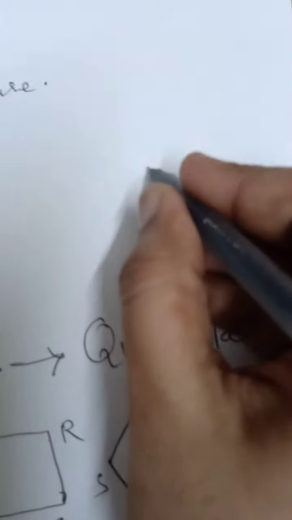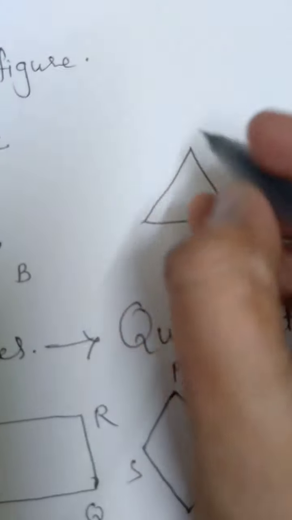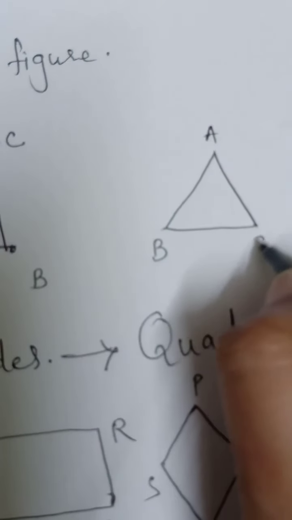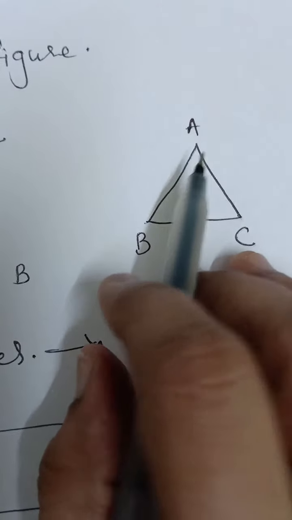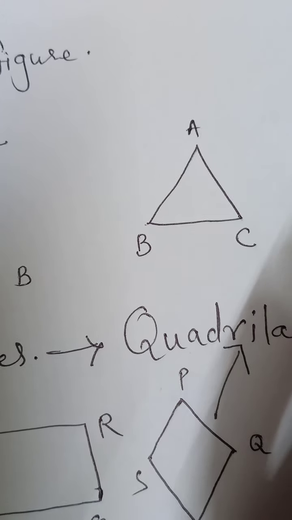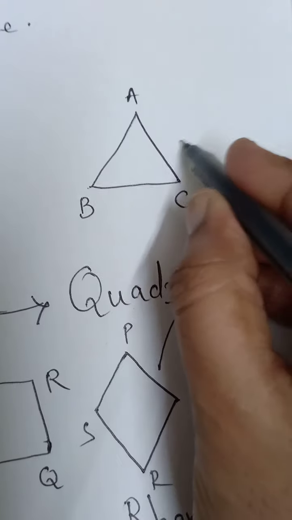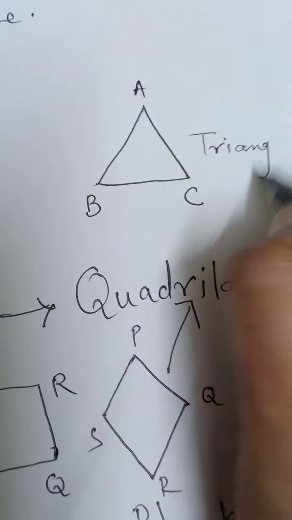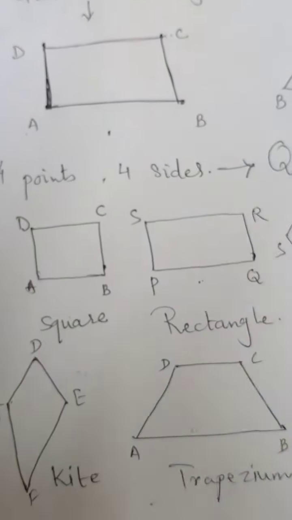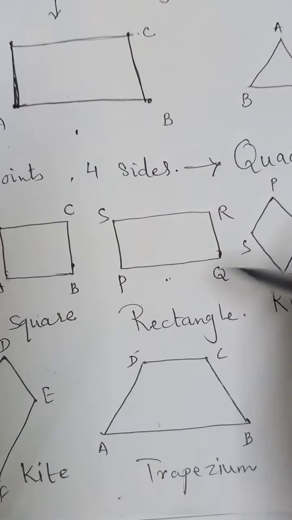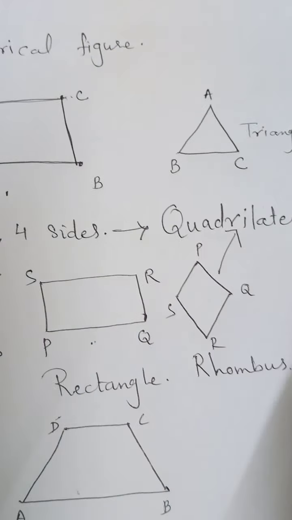But if it talks about a triangle, a triangle is only a triangle. If there are 3 sides, it is a triangle, though it can be given types, and you know that the types of triangles are many: isosceles triangle, right angle triangle, acute angle triangle. But if it talks about a triangle, you have to take the word triangle only. Remember this. If the statement is given about any of these figures, we will use the word quadrilateral in place of the figure, because all these figures are types of quadrilateral.